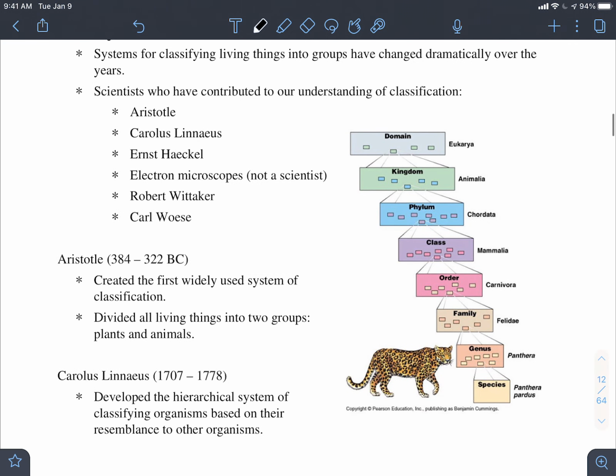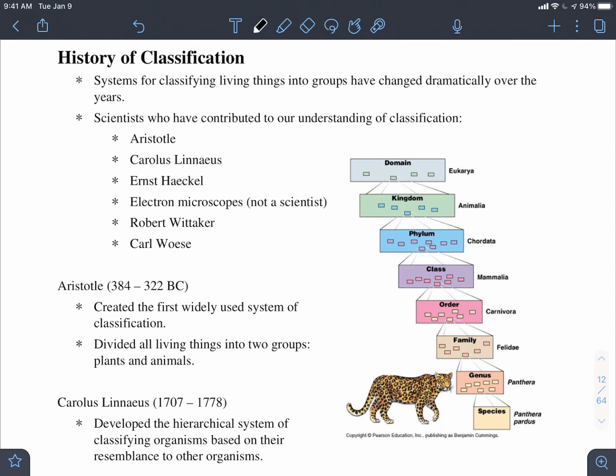So here's a better version of that picture I just sketched out. So here you can see the domain. So the domain is labeled here. This is the eukaryote domain, or the eukarya. And then inside that domain, they're zooming into one section of the domain, which is the kingdom. And then they zoom into one section of the kingdom, they get to the chordatas. They zoom into one section of the chordatas, they get the mammalians. So these are the classes of the chordatas.